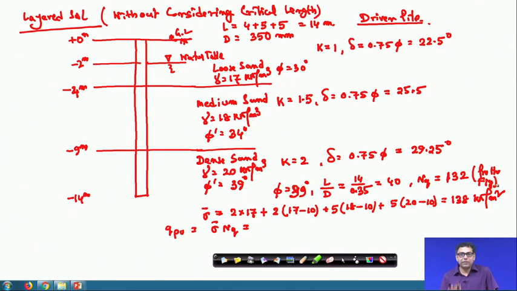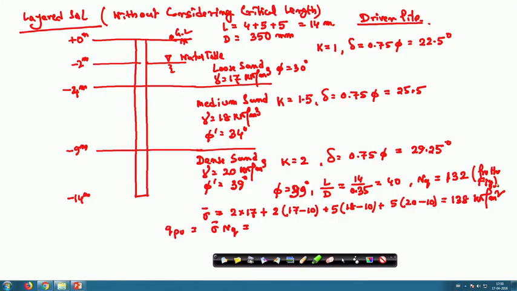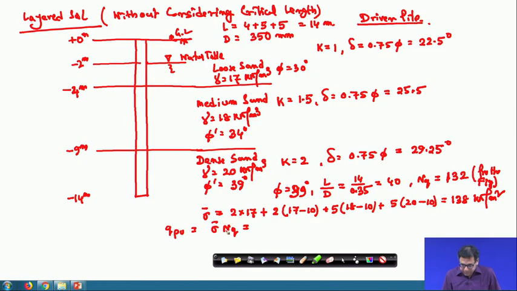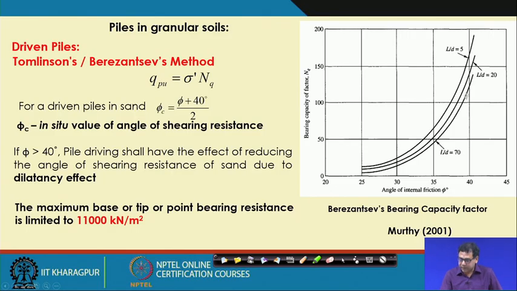So, we are using the first method, and on all other problems I will use the first method, and I will prefer to use that method. In the remaining problems I will use the first method, and I will use that chart to calculate the NQ. So, this is the NQ from the chart. I can show you the chart that I have considered. I have used this chart basically.